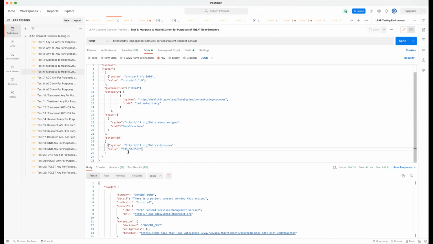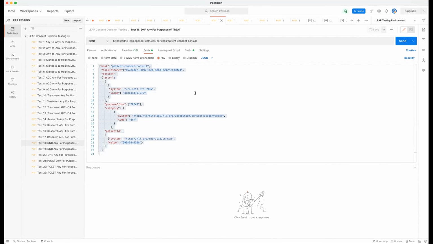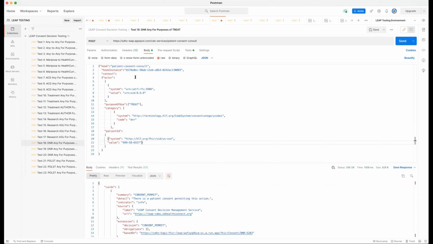Okay, and I want to grab this guy. And let's go to one of our tests for DNR. Send it. So I'm requesting the existence of a do not resuscitate if it exists within the system. And it does come back with consent permit, and it tells me what the consent is with the based on